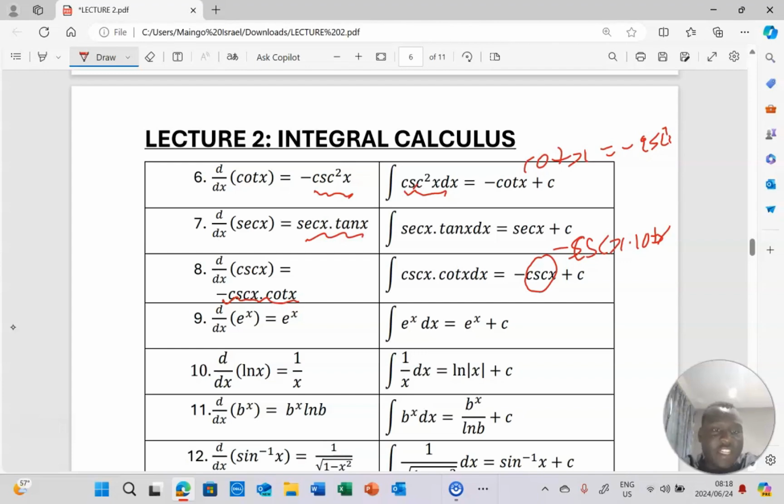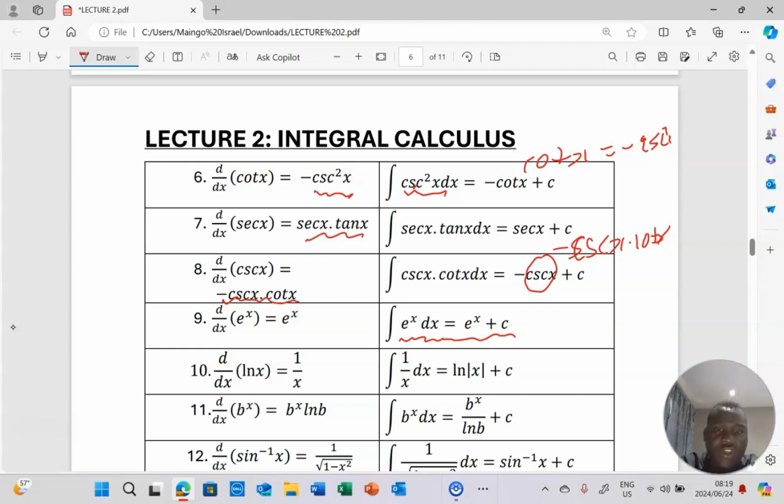Number 9, we have the derivative of the natural exponential function e to the power x with respect to x, which is straightforward. This is a very stubborn function, so it doesn't change when we differentiate it. It remains e to the power x, and when we integrate it, it remains itself, but we add a constant, because that's the normal way we do the process of integration. The theorem says that antiderivatives are not unique, so we are free to add a constant. So we have the integral of e to the power x dx equal to e to the power x